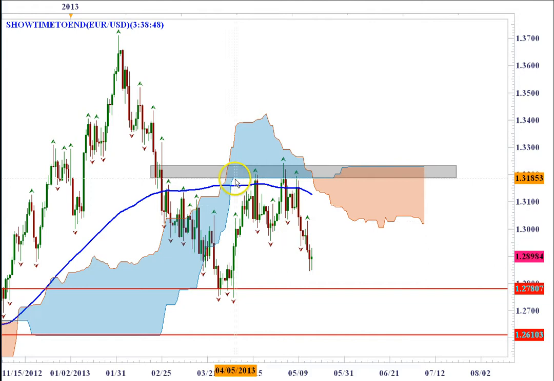Price comes back again, Kumo bounce, gotten into the trade there. Price cannot break this resistance level of the Kumo. It's very strong right here. So 3 attempts and it failed, so it fell. When it fell all the way down, now I'm expecting it to come here to this fractal level. So price moves from support and resistance to support and resistance. This is a support and resistance level, so this is a resistance level here. So price falls, needs to find another level to go to, goes to support. So it hasn't reached that level yet, but this is where we're looking for it to go to, this support